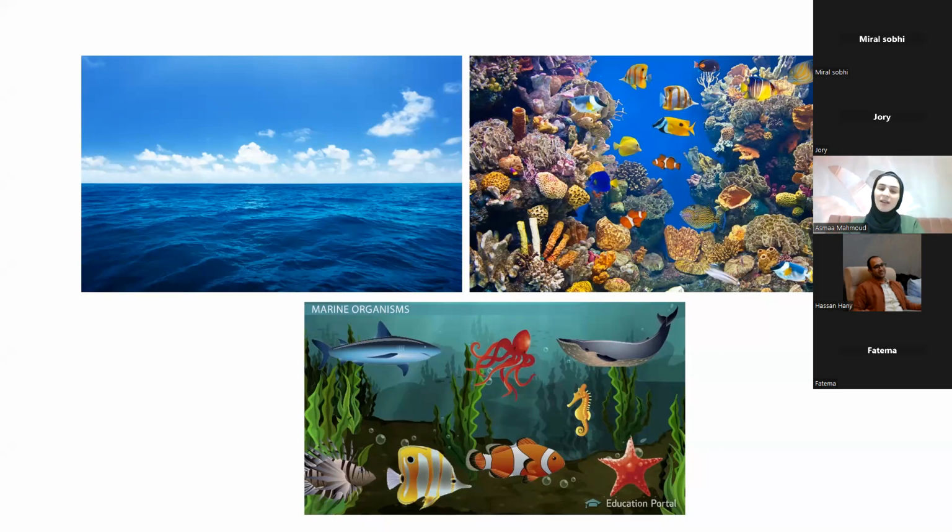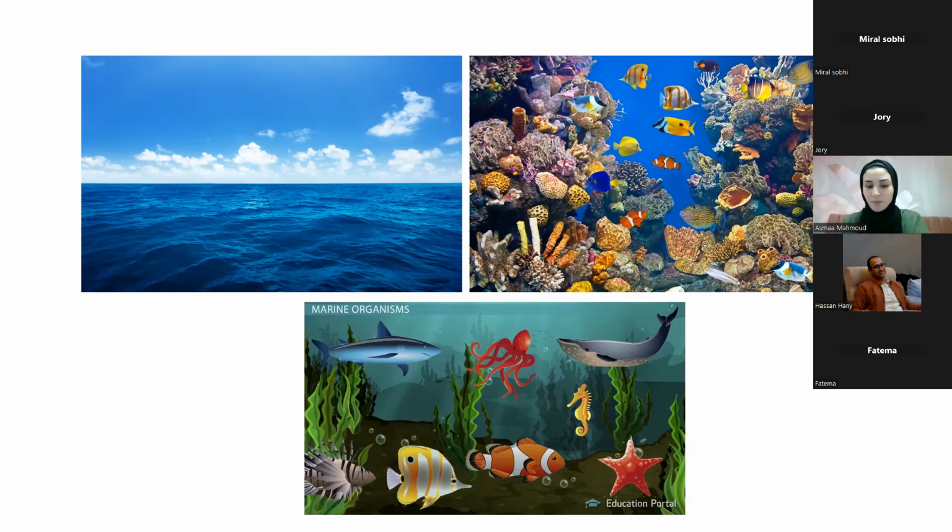Okay, but what are the non-living things? They are the things that can't breathe, can't eat, can't grow up, can't give birth. It's like dead things. Some non-living things in the sea are the soil and some rocks. So we have the sea with some non-living things and some living organisms. They interact with each other to make a system. So what is the system? The system is when living organisms and non-living things interact with each other.